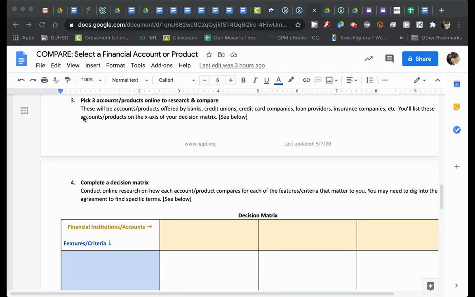So once you get to number 3, you're going to pick 3 accounts or banks that you are interested in looking at to check out for this type of account. Generally, these accounts are money markets. They are going to be standard checking accounts. So if you're not sure what banks to pick, what you could do is type into Google banks near me, and you should be able to see a variety of banks that come up that are actually close by or